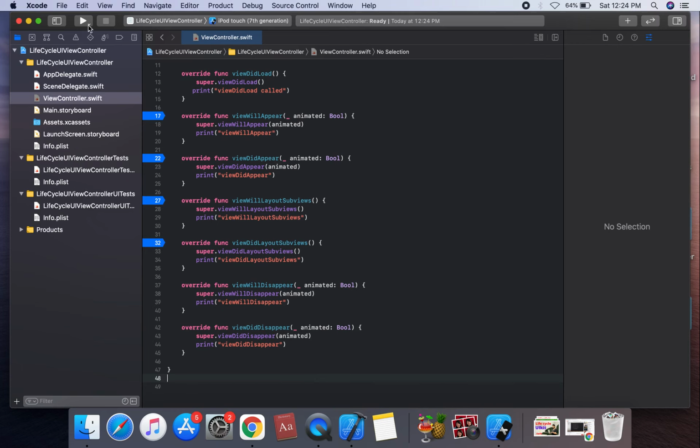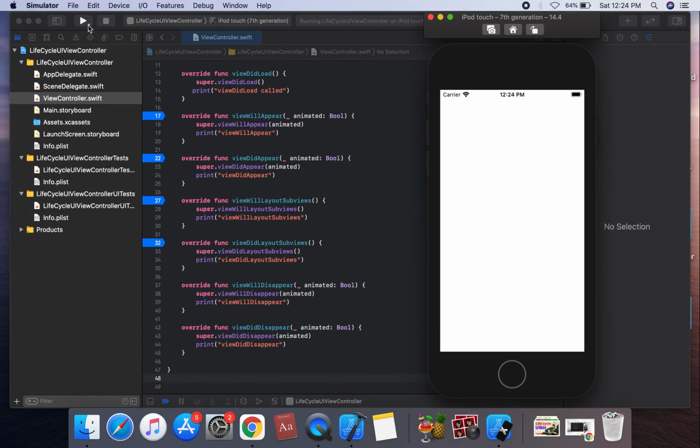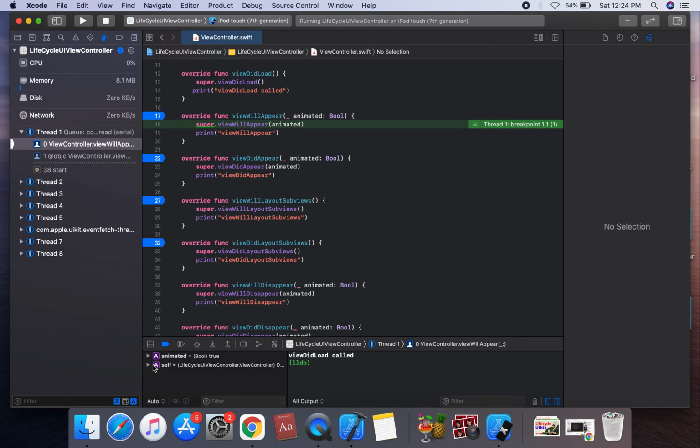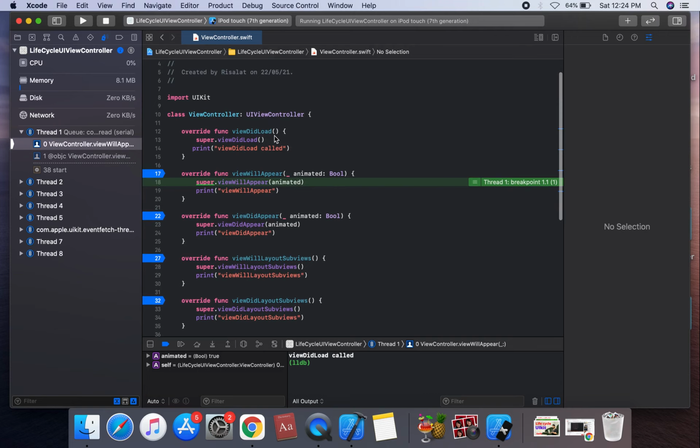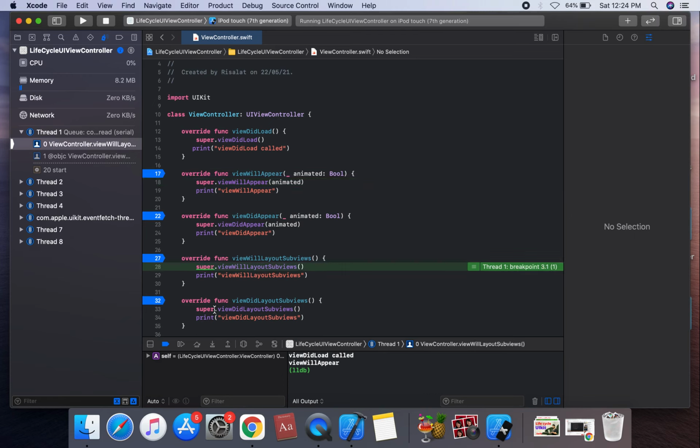We can run it and check these methods of UIViewController. So we run it. viewDidLoad is called first, when the screen loads, and then viewWillAppear.